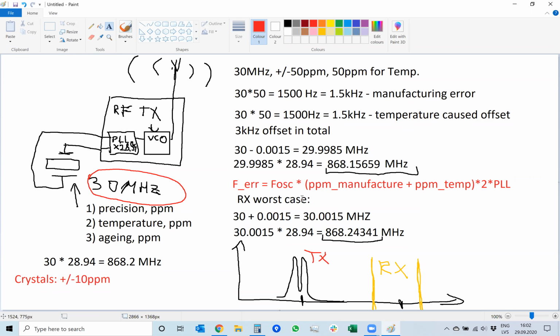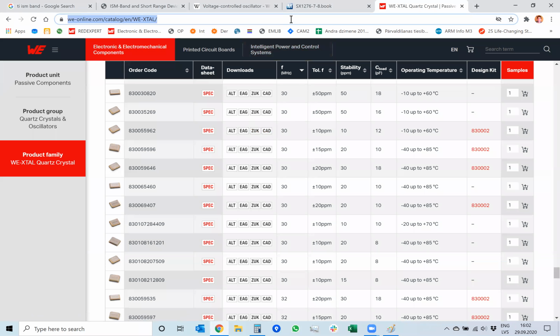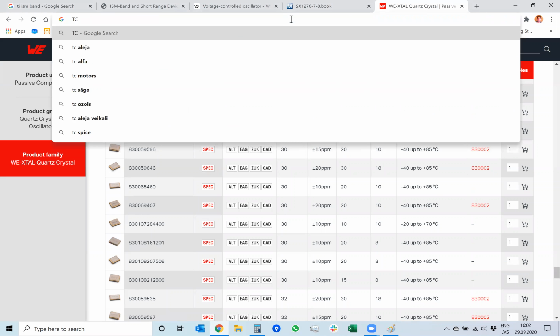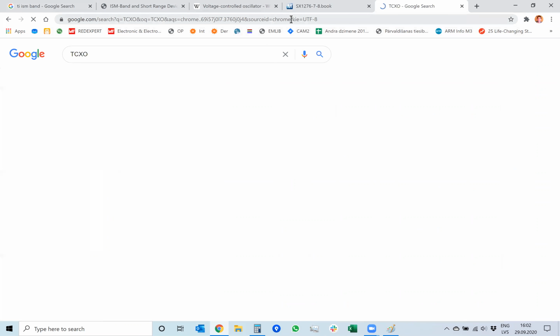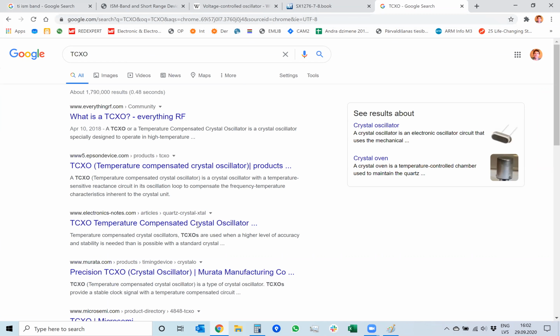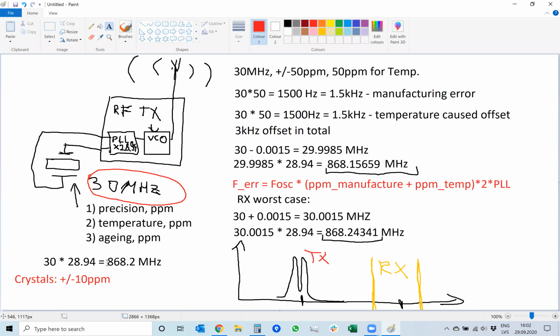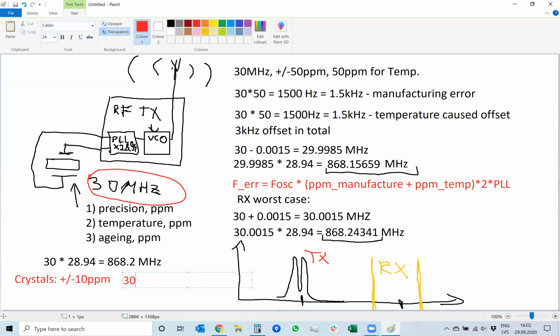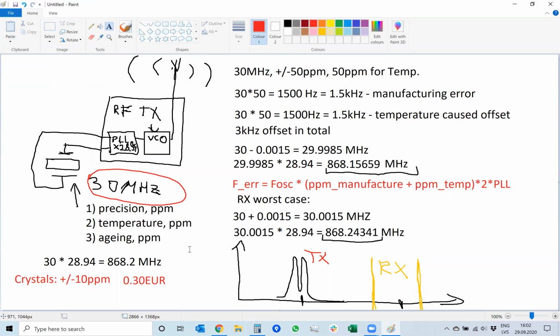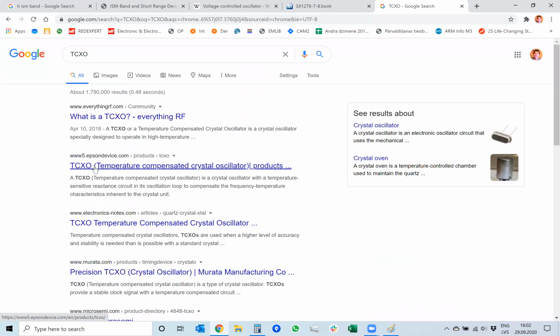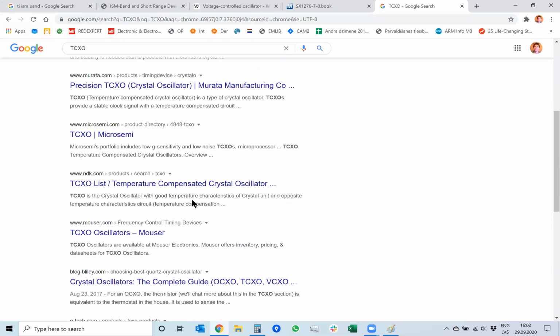So, basically, a good option is to just have it at approximately 10 ppm. If you need more precision, you can buy thermally compensated crystal oscillators. They are more expensive. Crystals usually cost something like 20 cents, 50 cents, approximately, I don't know, for example, 30, 0 Euros. But if you need more precision, then you need to buy temperature compensated crystal oscillators.